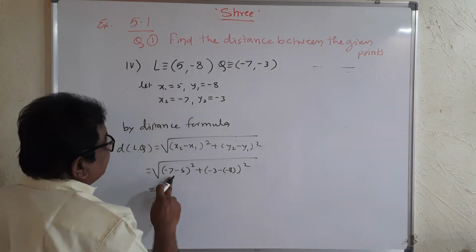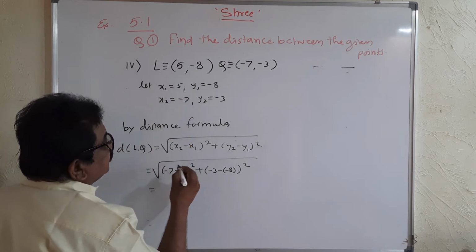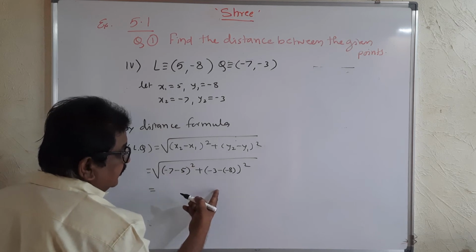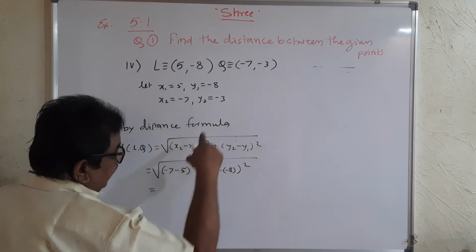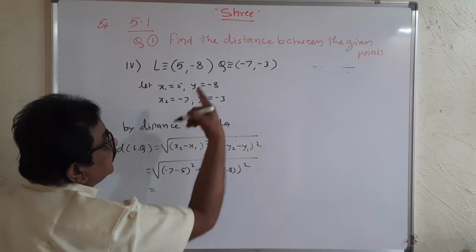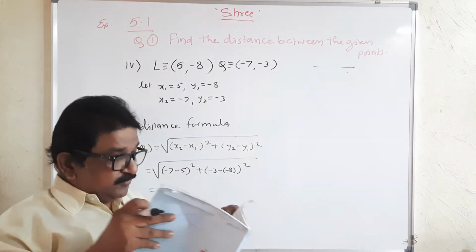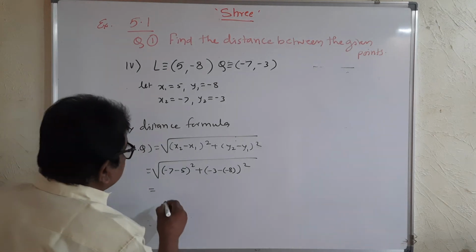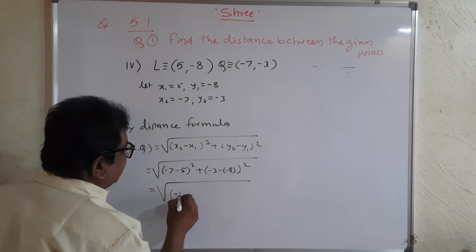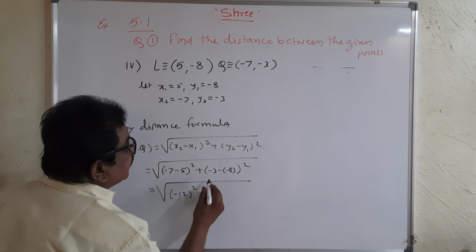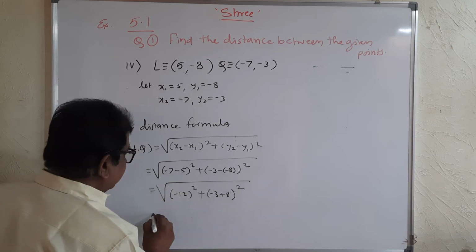x2 is minus 7, minus of the formula 5. So there is no double minus sign, but in this bracket minus 3 is y2, minus of the formula and minus of the 8. Let's check. Yes, minus 8. Correct? So this will be minus 7 minus 5, it is minus 12 the whole square plus minus 3 plus 8 the whole square,